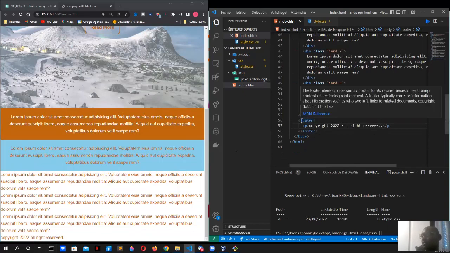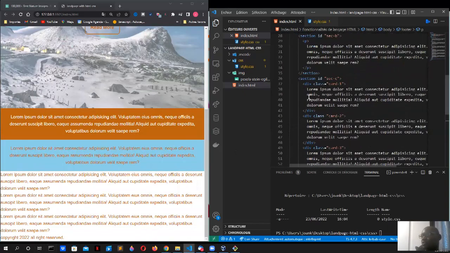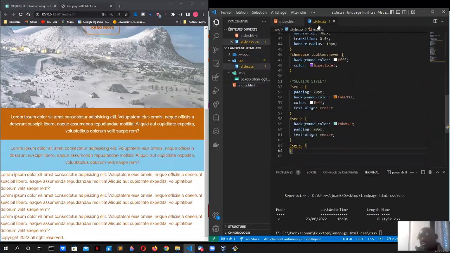also a footer. So the footer has a meaning, contrary to the div. Footer, section, header, all these tags have meanings, and the browser knows the goal of these tags. But the div tag doesn't have meaning. So with the footer, the browser knows its meaning, but with a div, it doesn't, though you can still read the content